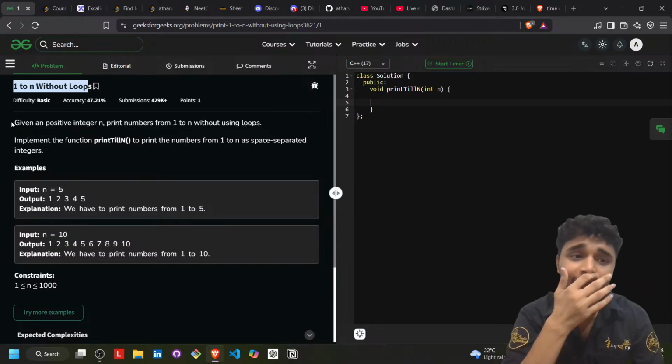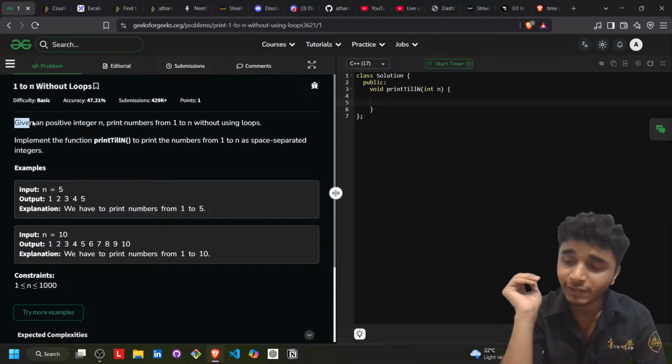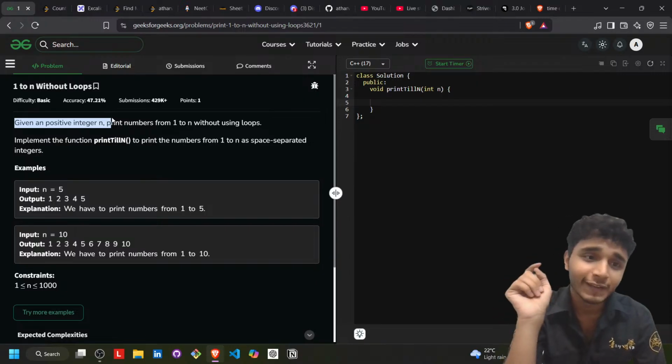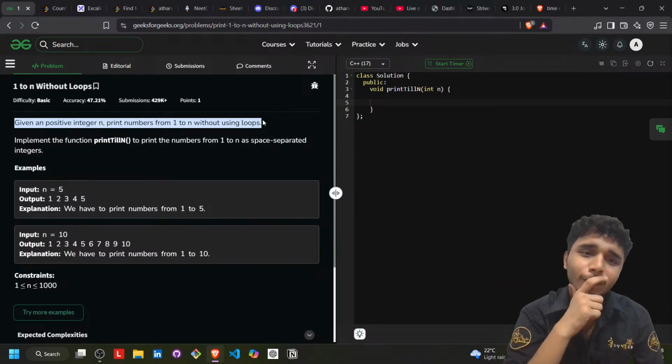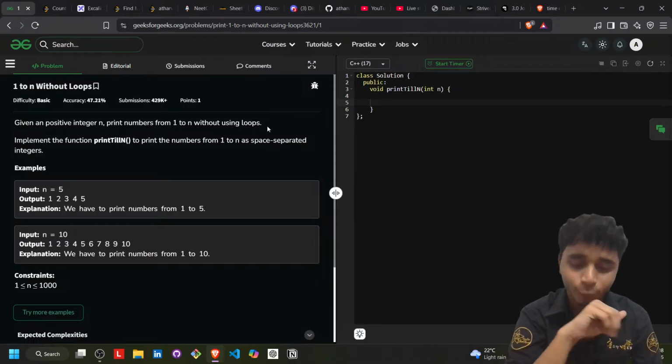So in this problem, we are given a positive integer n. We have to print numbers from 1 to n, right? And in this problem, what we can do,